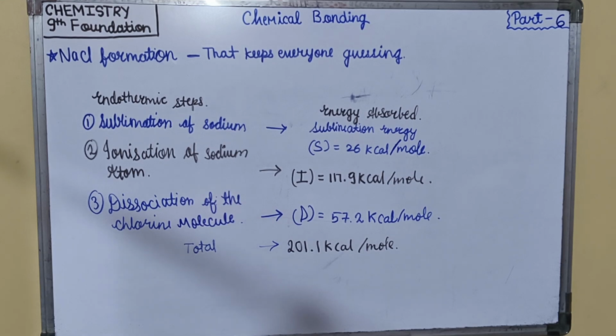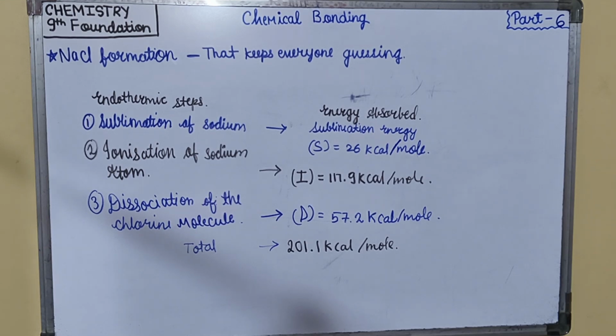Then how is the purpose of lowering energy achieved? The next steps prove to be the turning points. The fourth step is the formation of chloride ion Cl minus, where 86.5 kilocalorie per mole of energy, electron affinity, is released. The final step, which is the formation of the crystal lattice, changes the entire scenario. During this step, opposite ions come closer and lattice energy U, 184.2 kilocalorie per mole, is released.